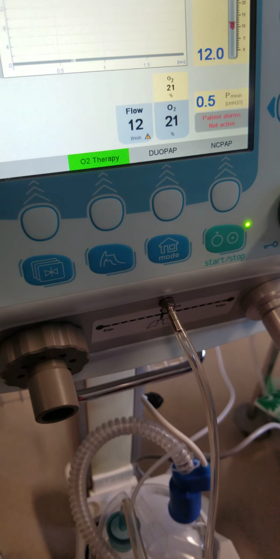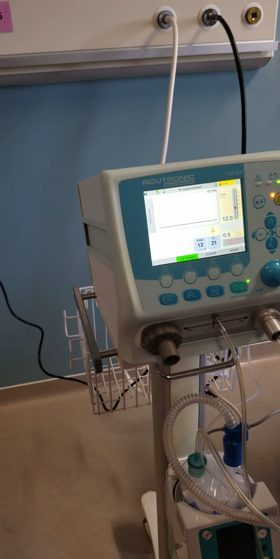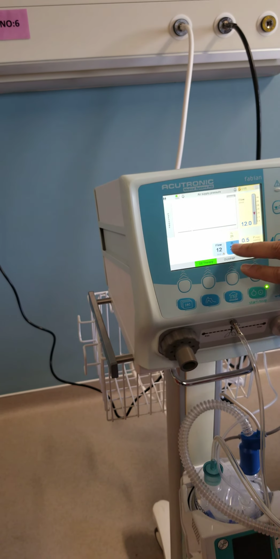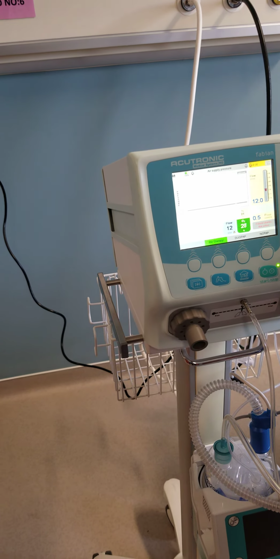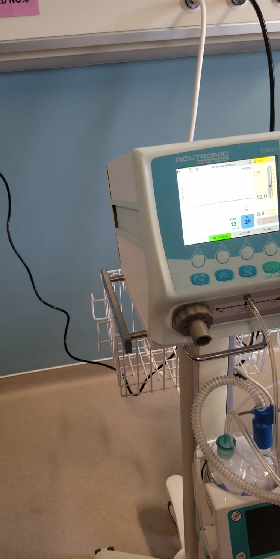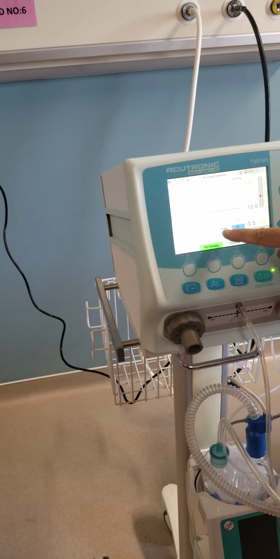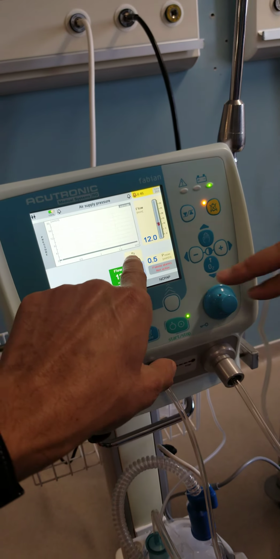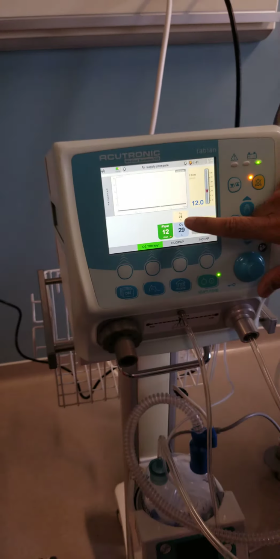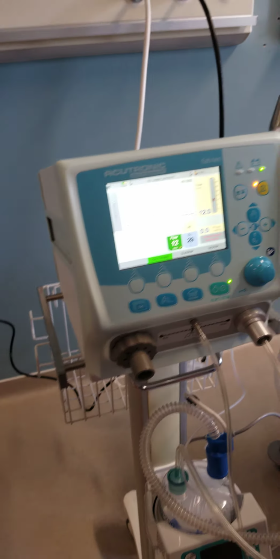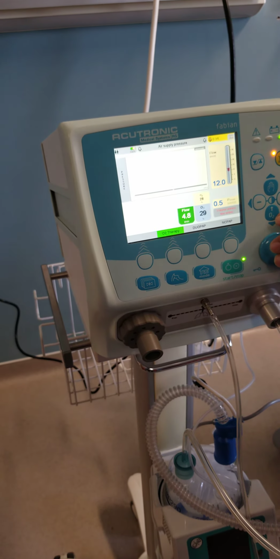Another advantage of this machine, unlike other machines you may work with, is the oxygen percentage. Usually you have to touch, turn, confirm, and increase, and then it delivers to the baby. But you will see this is the set FiO2, and this is the measured one, actually going to the baby. So you have two: the measured and the set. You will notice there is only flow here, but I don't have my PEEP at all.